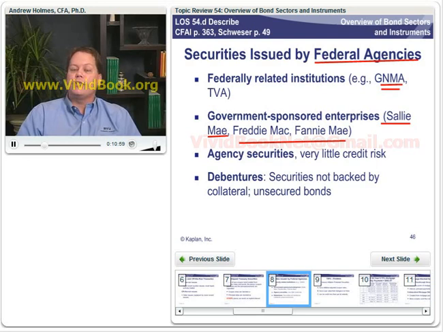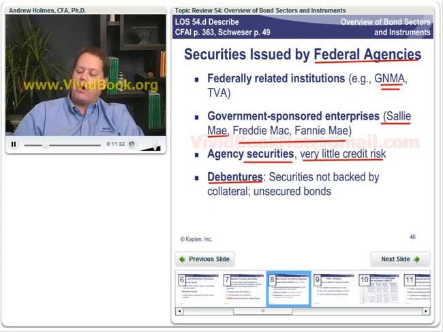There's also agencies, something like the Farmers Home Loan something or other. Well, these are actually agencies of the federal government that have the authority to issue bonds directly. These have very little credit risk, so very small spread, if any, above a United States Treasury issue. And then these are all issued as debentures. Don't get that word confused with indenture. Indenture is the contract under which we issue a corporate bond. A debenture is a security that's not backed by specific collateral. So these are unsecured bonds. So almost everything that's issued by the United States government is effectively a debenture since we don't pledge any specific collateral associated with those bond issues.